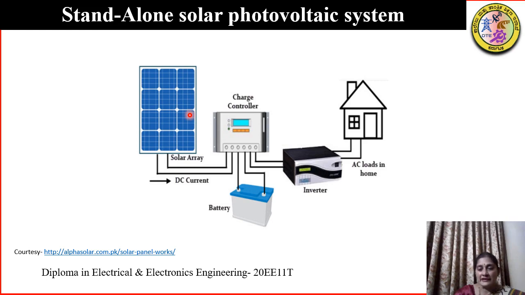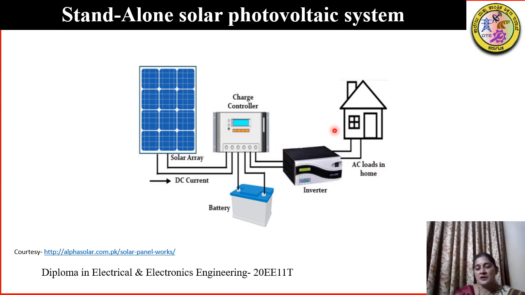So in the figure what we can see is a solar array. When the light radiations are incident on this array, the solar array will give an output. The output of a solar array is DC. Now this DC output has to be utilized by the consumer. A consumer may be a house, it may be a commercial building, it may be a small community, or it can be a whole village. A stand-alone system can supply power to any size of the consumer.